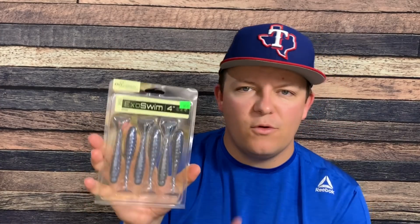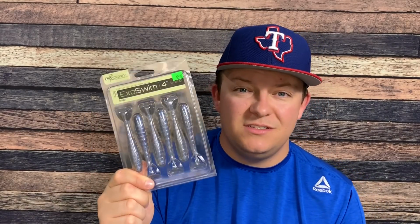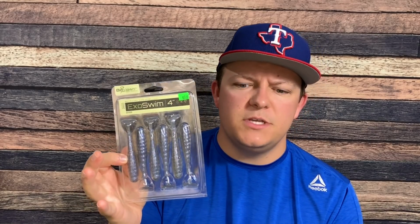First up, guys, and this was on a recommendation. I watch a ton of Lojo fishing, and so he has a particular swim bait that he loves to use, and that's going to be the Exo Swim. This is the 4-inch swim bait from Biospawn. This is in the fighter shad color, which he uses a ton. This was my first time being able to see these up close and personal, and so I definitely had to pick those up. Let me bust one out here,